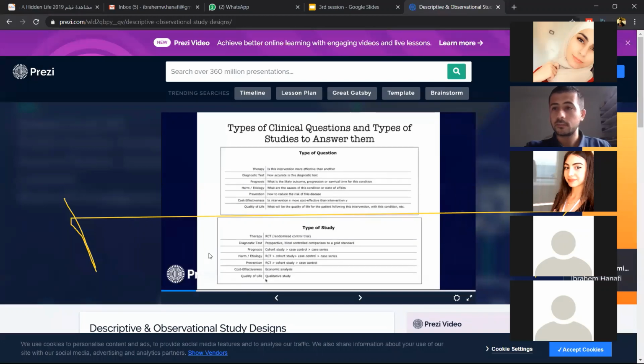So when we're talking about prevention, if I'm not going to do an RCT, what am I going to do? If I'm applying my example, like adding iodine to the salt, what is this study? If I'm adding something to,